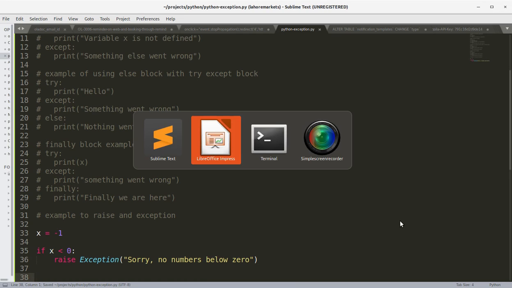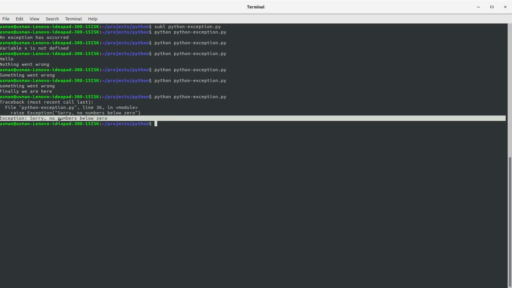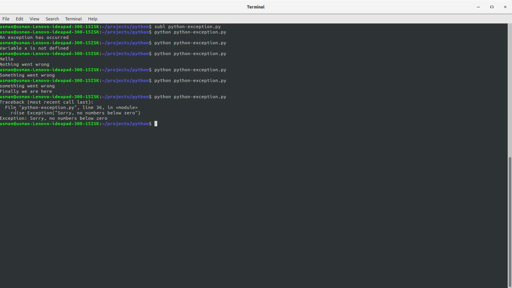Let's save this file, run the program. You see we have got an output on the console that says exception, sorry, no numbers below 0, and we